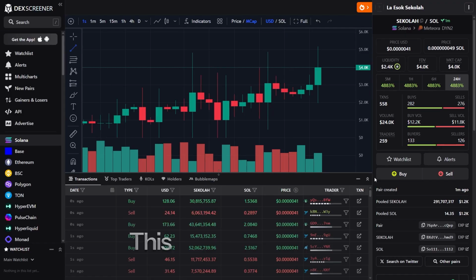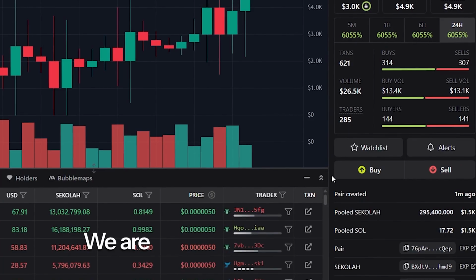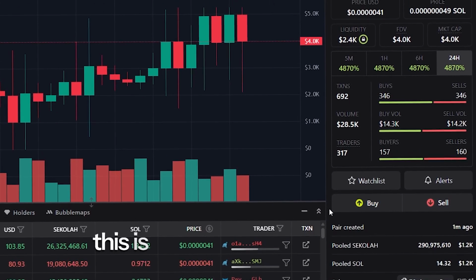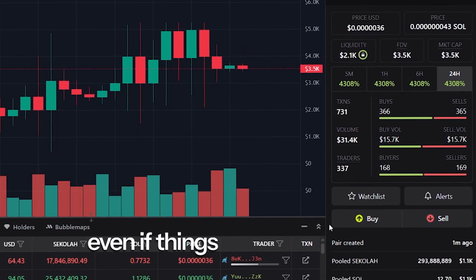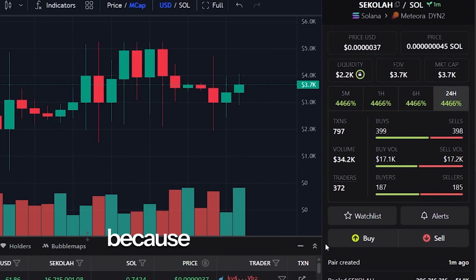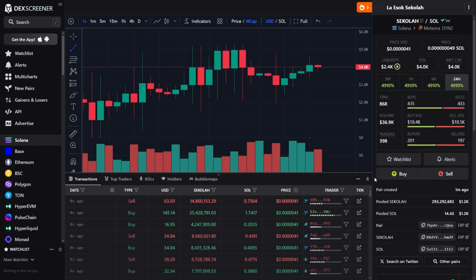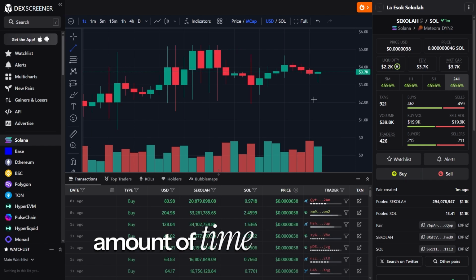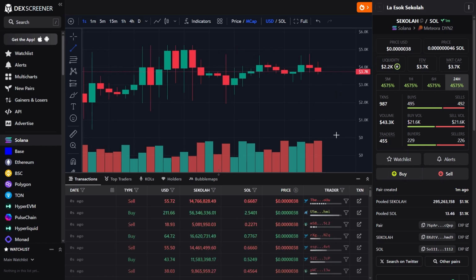Take a look at this. This coin is doing really well. We are kicking up and up and up on average overall. So this is great news for us. Now, even if things do come down a bit, that doesn't necessarily matter, because as long as there's some coin in it, we can pull it away and make that money. So this has been a pretty good amount of time to run this, so I'm going to switch back to